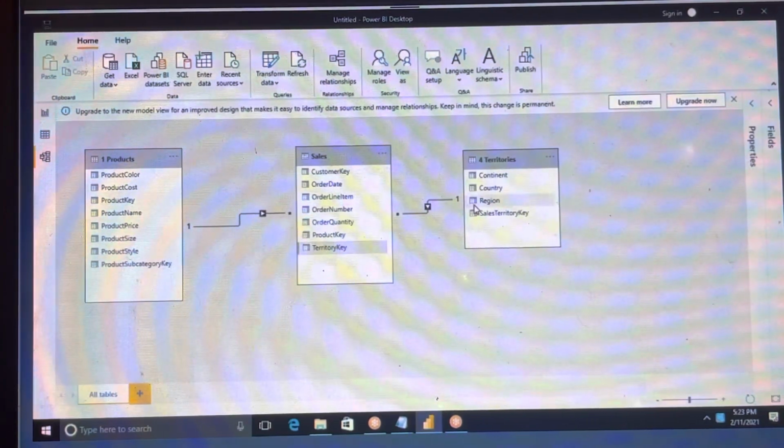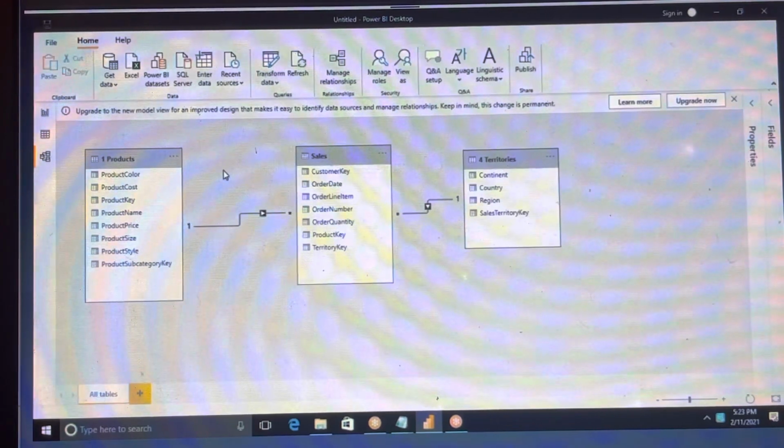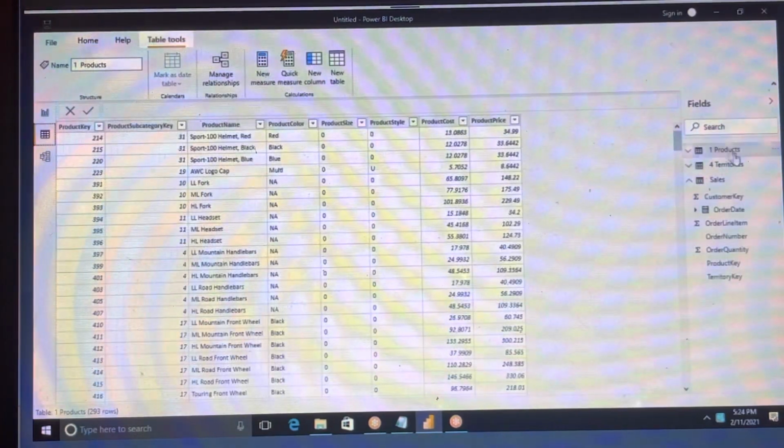If the column name is different, you can select the column and drop it onto the other table's column, so automatically the relation will be established. The main data model is like this: suppose you have three data sets and you want to get one column from each. If you don't have the relationship, you cannot get it. That is the reason we need data modeling for connecting tables. Then automatically you can fetch the information we want.